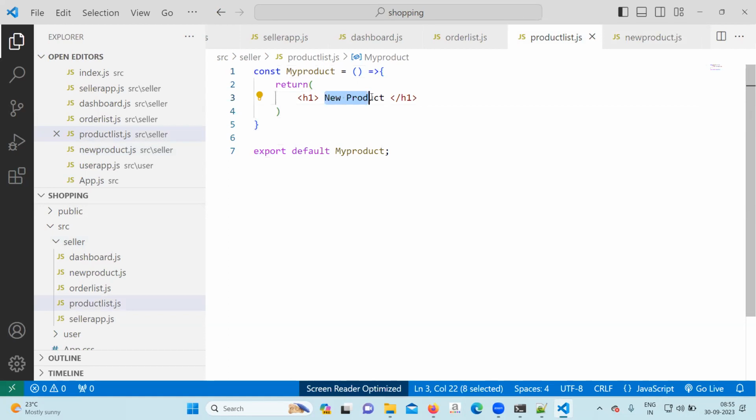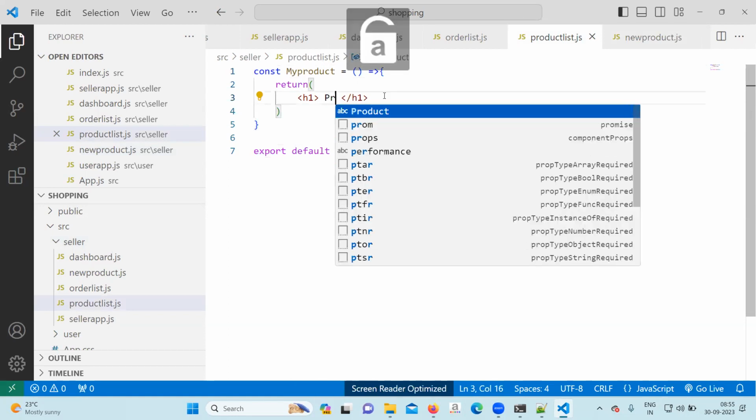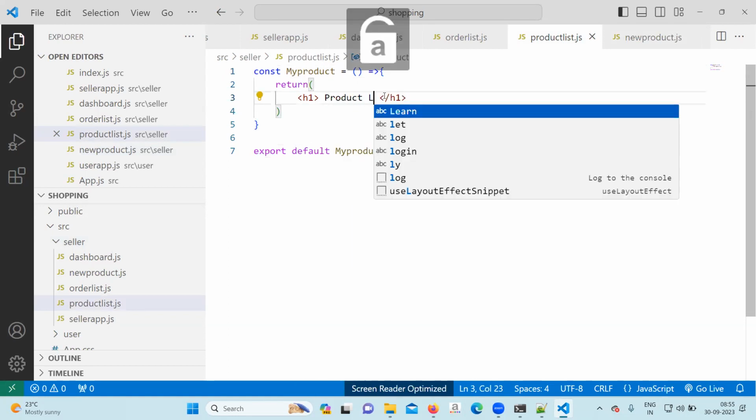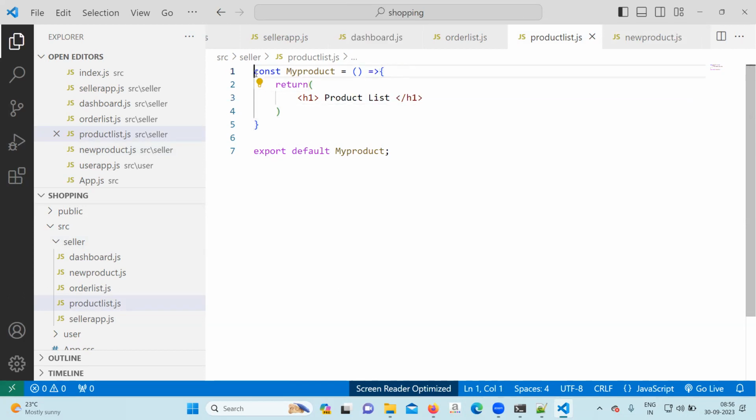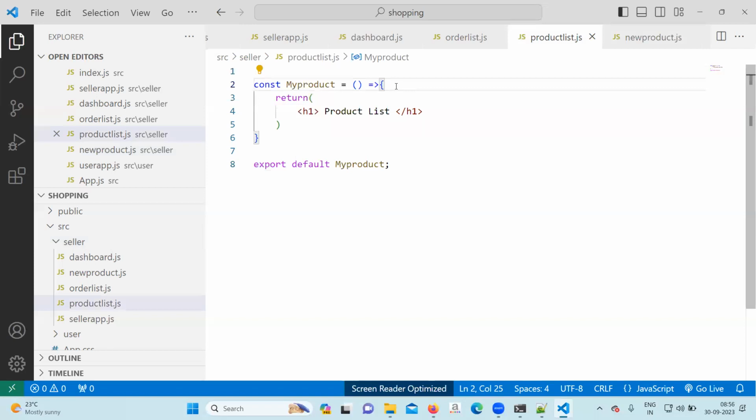Inside the my product, you can write called product list. So two components are ready. My product is the name of the component in product list.